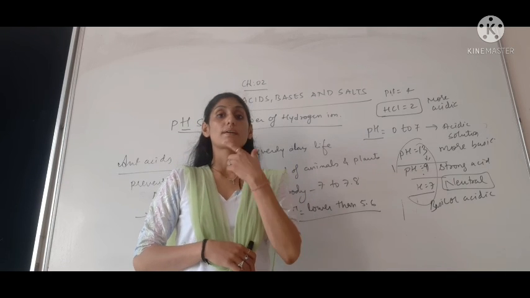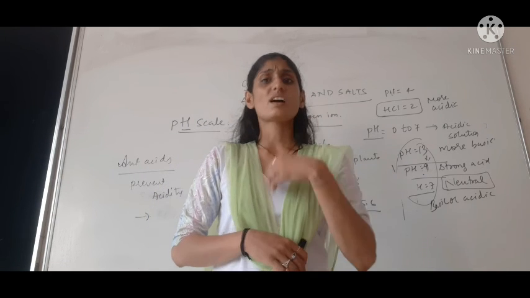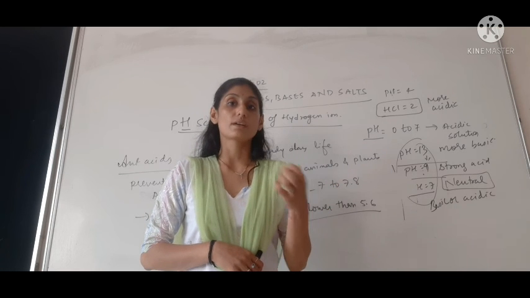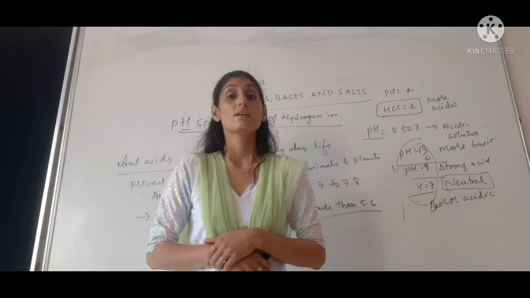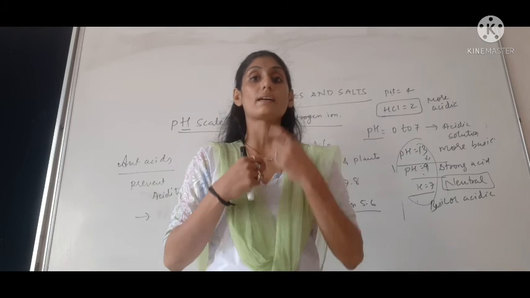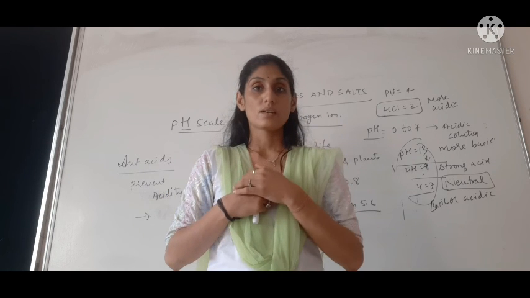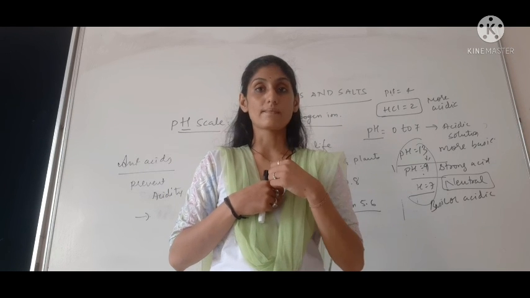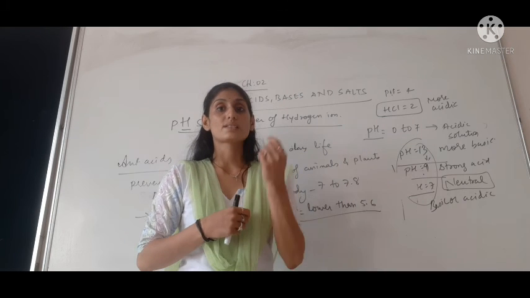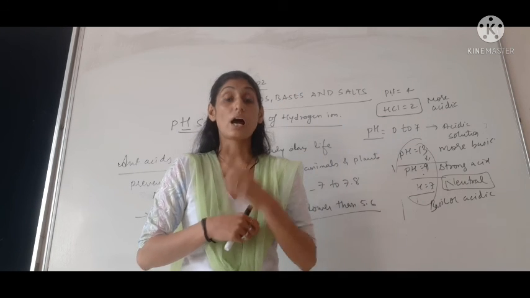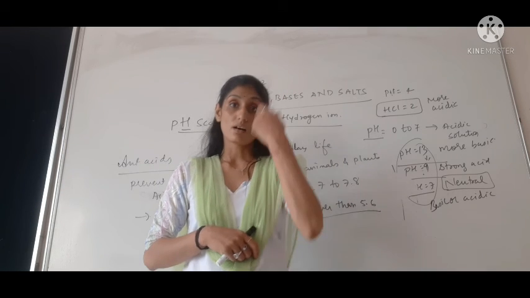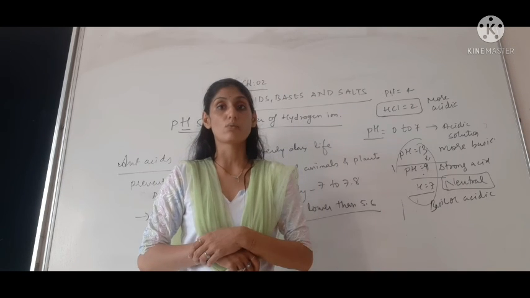And lastly, pH for tooth decay. Sometimes we eat so much and we are not gargling. So what happens is whatever particles of food are there, they are stored in the corners of our teeth, and they start to react with the saliva, and saliva is somewhat acidic after a meal, so decay starts in our teeth. Our tooth contains calcium phosphate, which is the hardest material in our body.